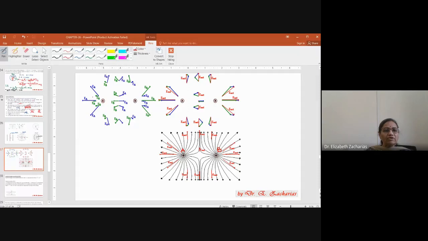At these random points, I'm just trying to show what the electric field will be. They will all be radially out, but nearer the point A, the arrow will have larger length because the magnitude is large. Field is large, so larger length. And as we move away, I'm using small arrows. That is because the value of the electric field becomes smaller. That's what you do in the case of a vector.